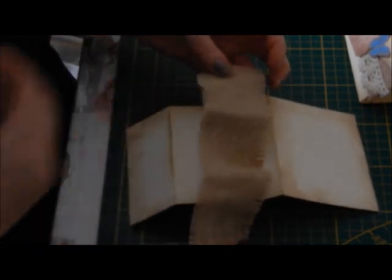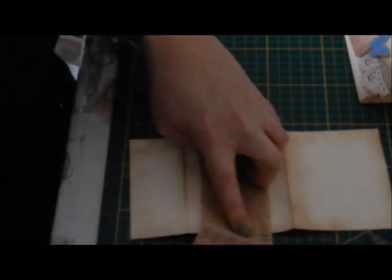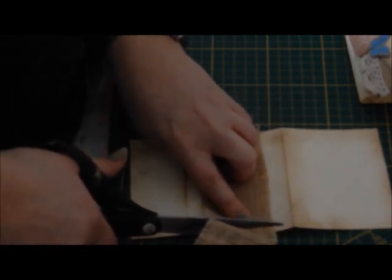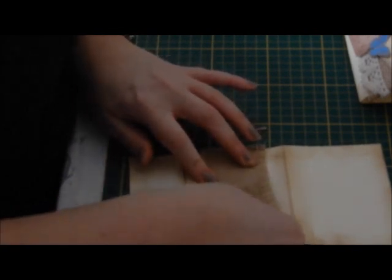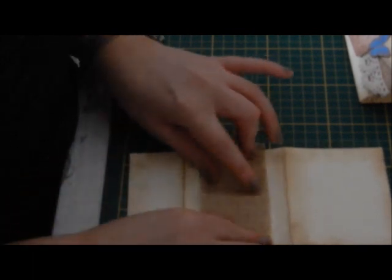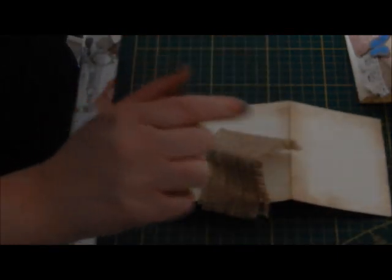You can have 3 sides of the same length or width. And now I'm just using some burlap, and I'm cutting it so it will stick out a bit. So remove a couple of those threads, and I'm going to do it like this, glue that down. But first I'm going to check